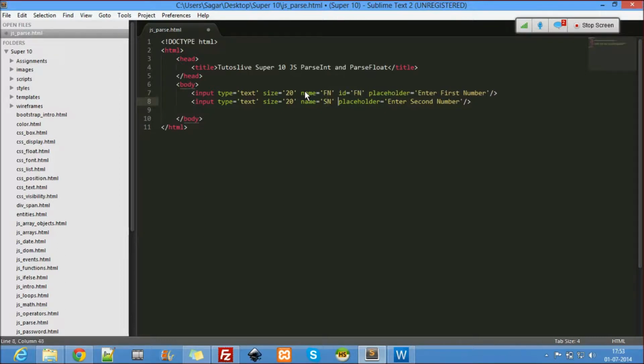Whatever the name, I always give that as an id too. That's my set of rules wherein I just give the name and id the same.